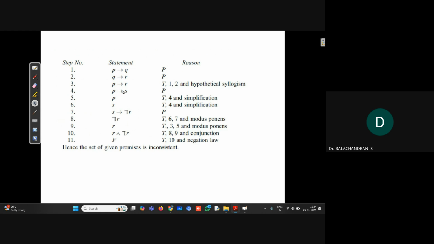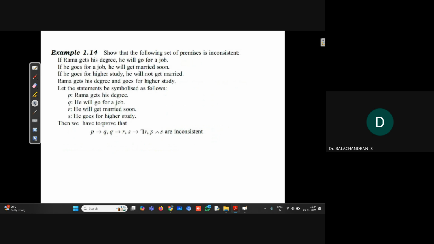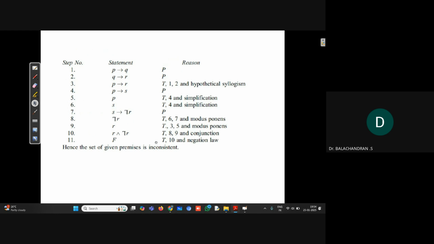This is not P implies S. This should be P and S, because you can see there is no P implies S. If it is P and S, using the rule of simplification, we have P as well as S. Now, S implies negation R is rule P. Now, S and S implies negation R gives negation R. And then from 8 and 3, the contrapositive of 3 is negation R implies negation P. So negation R, and negation R implies negation P, gives